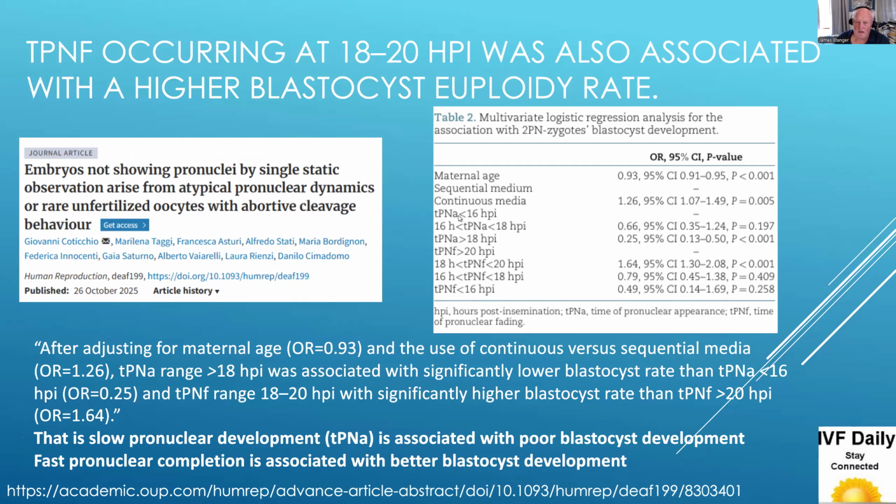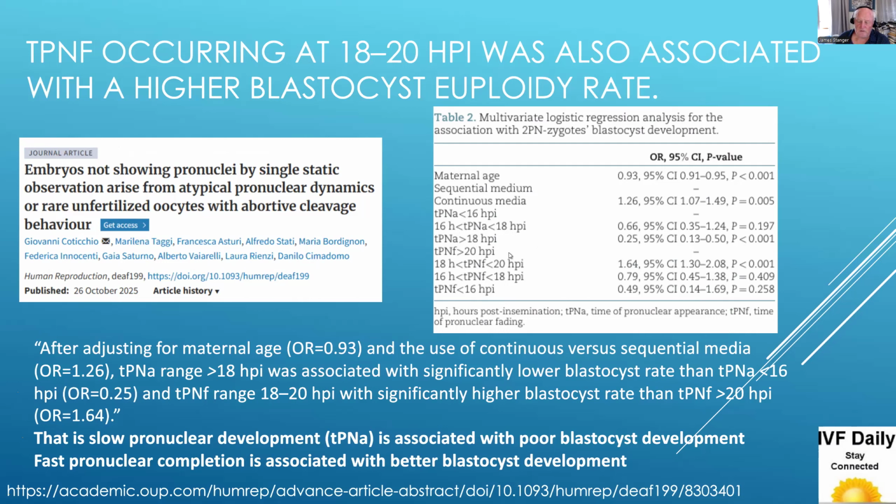So if you compare the embryos where the pronuclei appear early, if they appear later, 16 to 18 hours or after 18 hours, the odds ratio for forming blastocysts significantly falls away. So any embryo that forms pronuclei after 18 hours has a very, very low probability of forming a